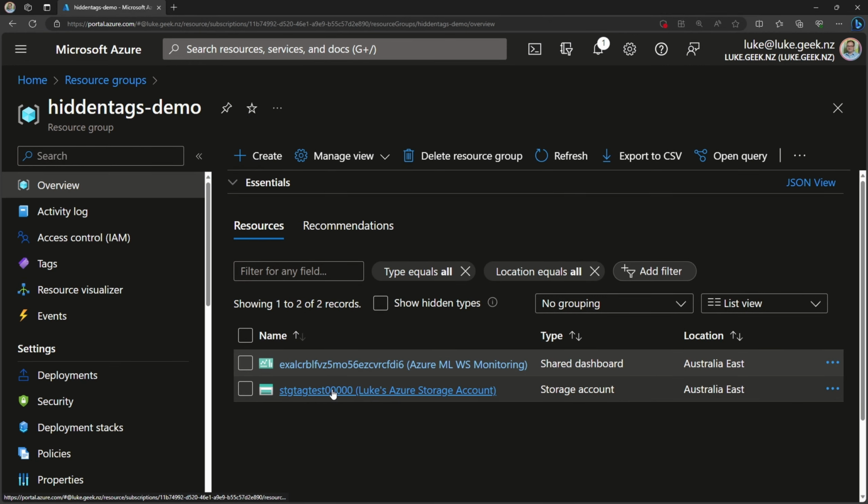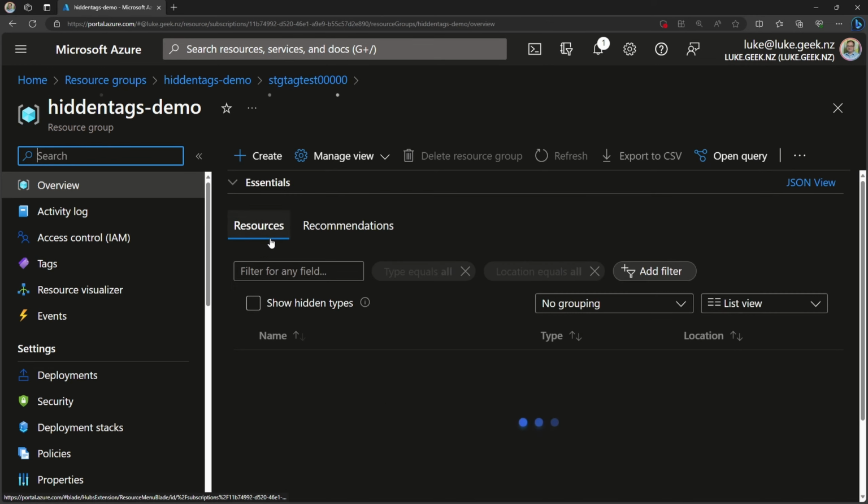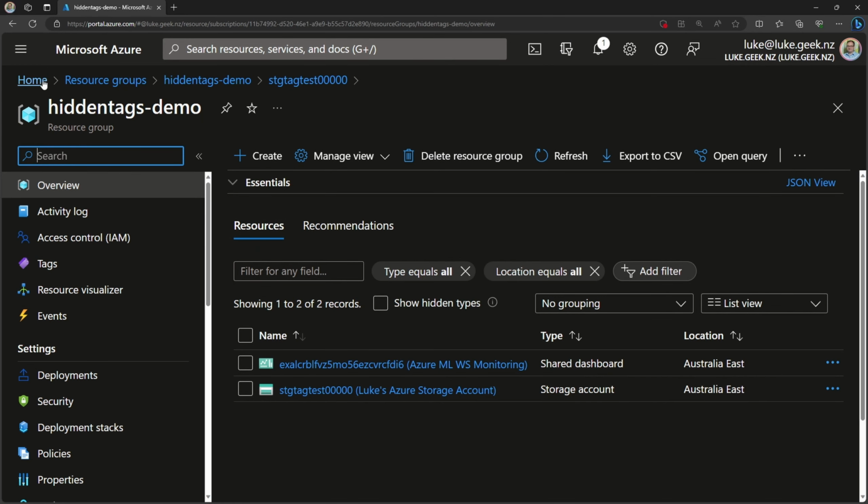But if I open up the Azure storage account, I can see that the hidden title is added, Luke's Azure storage account here, but I can't see it on the resource itself like the shared dashboard. So hidden tags aren't fully supported in all resource types like this, but if I go into the resource group, I can see it. And if I navigate to all my resources